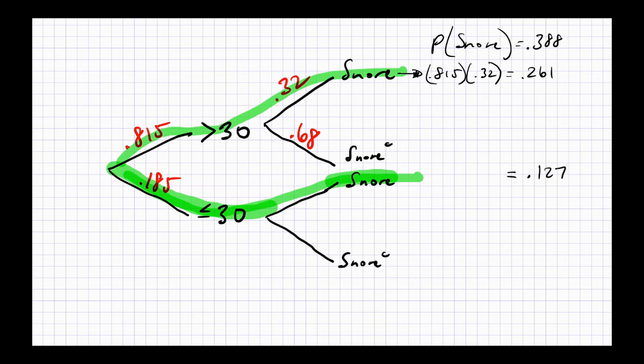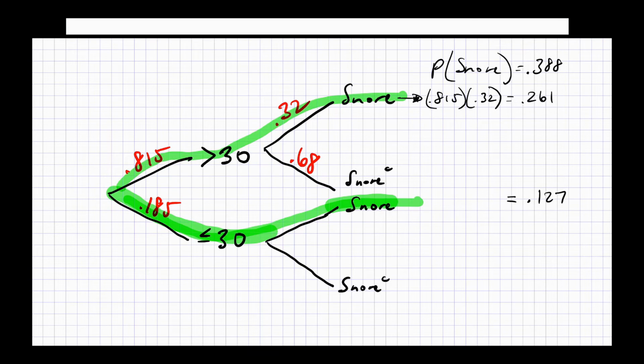Probability of being a snorer is... You could subtract 0.32 from 0.388 and you get 0.068. And you divide 0.068 by 0.185. Say it one more time. I don't know if I'm right, but you could subtract 0.32 from 0.388 and you get 0.062. And then you divide 0.062 by 0.185. And then you get the branch number. Let's see.